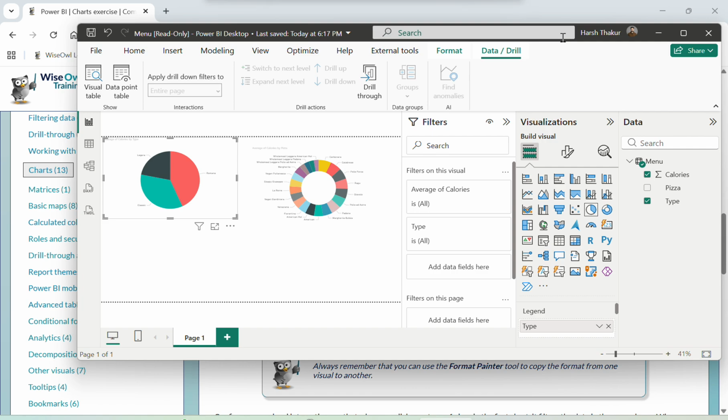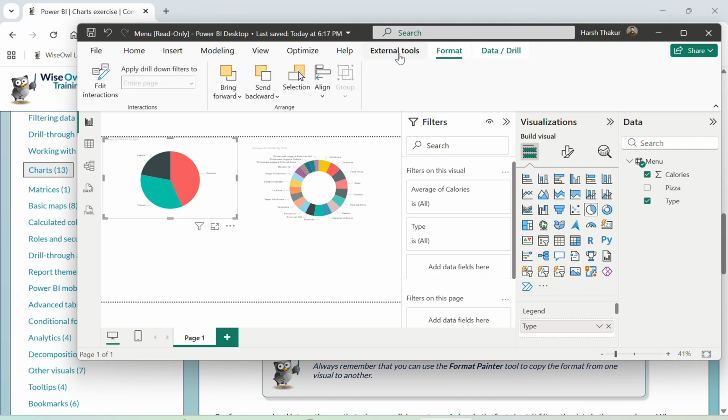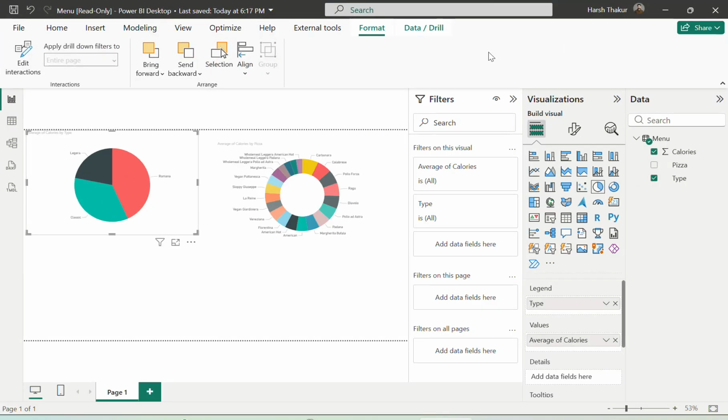Not on drill, but you can go on the format function, the format ribbon, and you can click on edit interactions. After clicking on edit interactions, you click on this chart, and you see there are two icons here. One is to highlight the values, and one is to filter the values. So for filter, if I just click on filter and select any other value here,